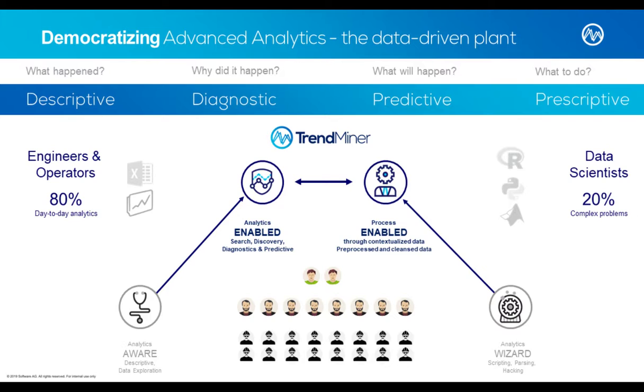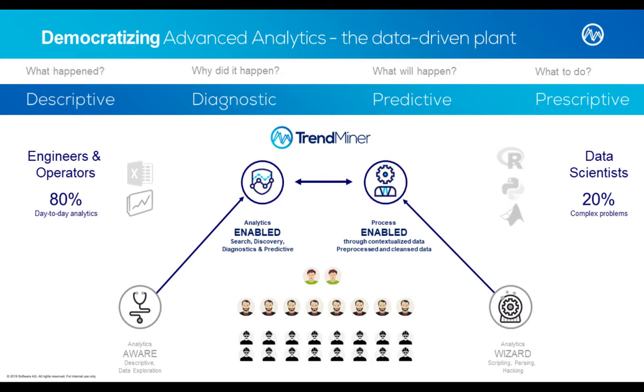Because now they can actually use all of the business rules that have been set up by the process people, all of the context information, maybe even some of the filters and the pre-processing that the engineers and operators have implemented. They can now use this to their advantage and really cut down on the time-consuming tasks of gathering data and making it available to do their model building on top of it. So we're really about bringing those two sides together.